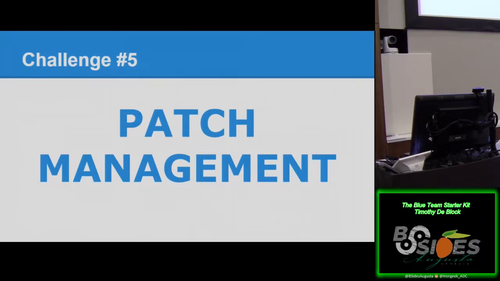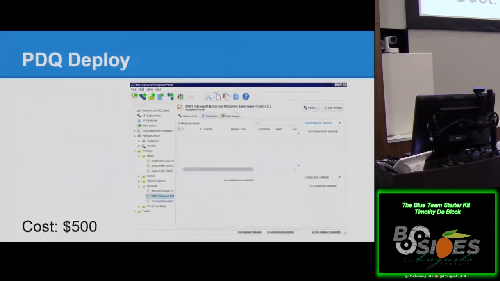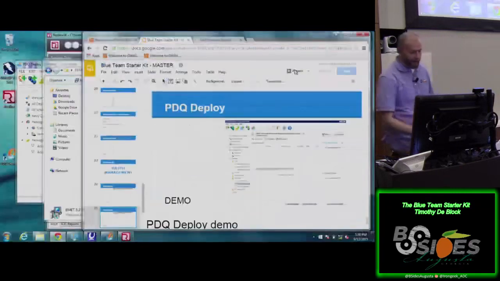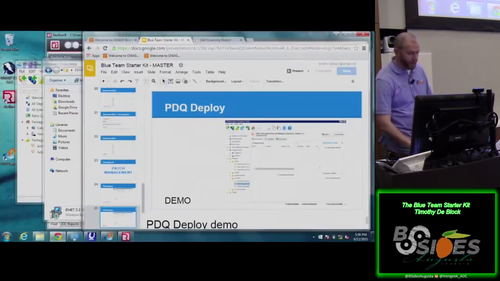Secunia, I've been using Secunia's personal software for a while now that goes out and finds the patch for everything. But you have to pay, I think, anywhere from $35,000 to $70,000 to get the full enterprise version. So one of the tools, and I have to give credit, I didn't find this tool. My sysadmin found this tool while we were trying to tackle the problem, but it's PDQ Deploy. It is the only non-free tool here. It is $500 for the enterprise version, but there is a free version you can take home. Again, like all community versions, it's throttled. But it's a wonderful, simple tool that has just absolutely worked.